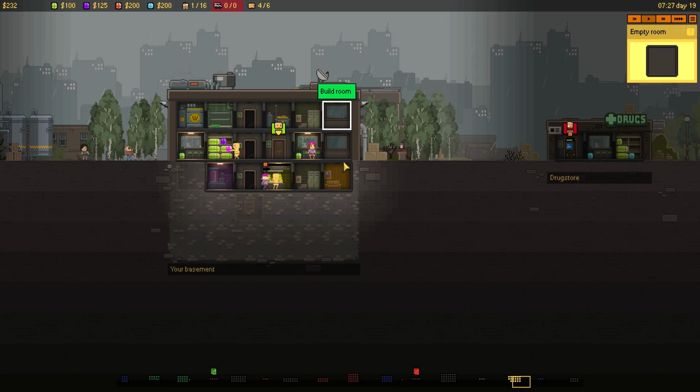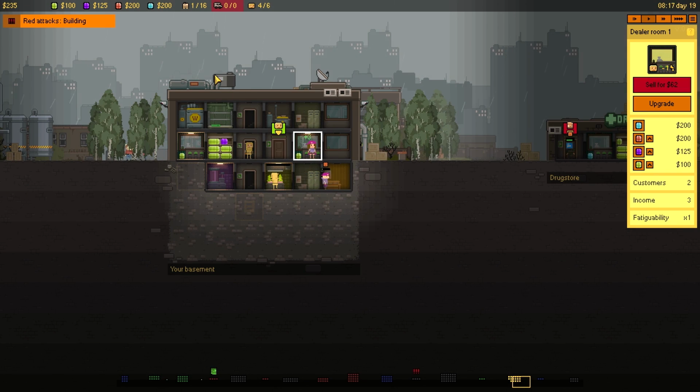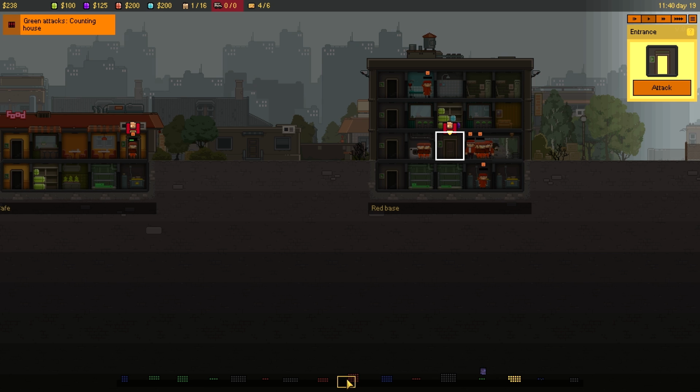Either that or we can upgrade these dealer rooms because they need to sell faster. It increases the number of customers, working for a longer time without a rest. Increases everything you can imagine, including consumption. Okay. I think red is the pivotal problem right now. Green's got a couple of properties. We're really focusing on our main property at the moment, although I think they started out with everything fully...